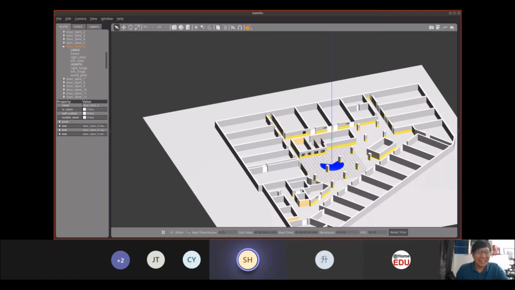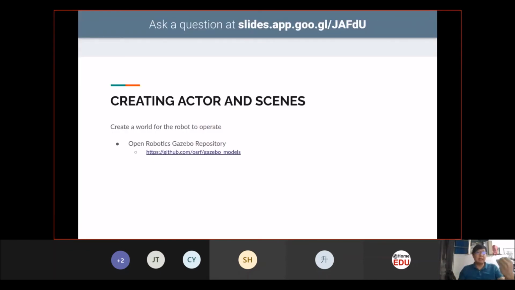So these are the scenes that you can create. If you are working on robots, you can create your house, or a bedroom. You just need to put in the correct models.